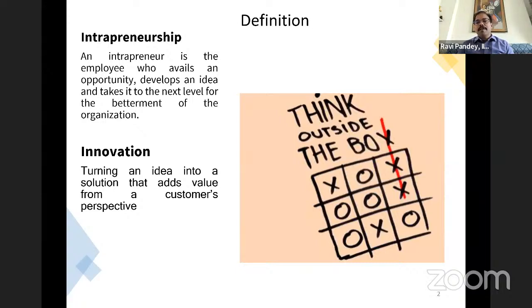So what is going to happen if this translation from faculty to student to industry happens? Then there is an outcome that